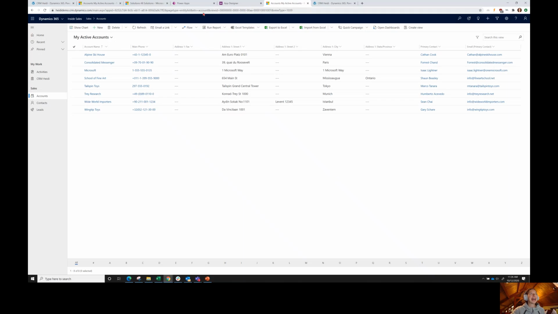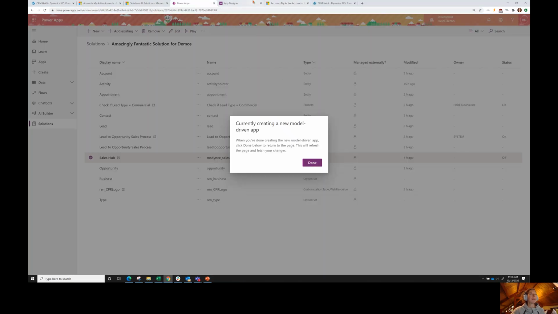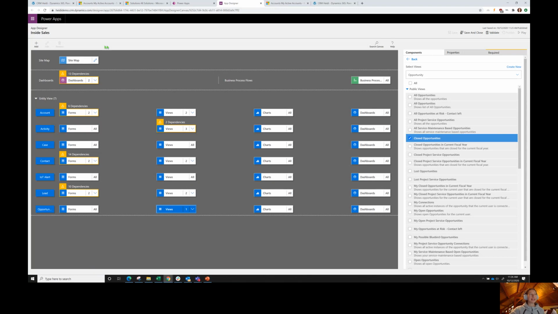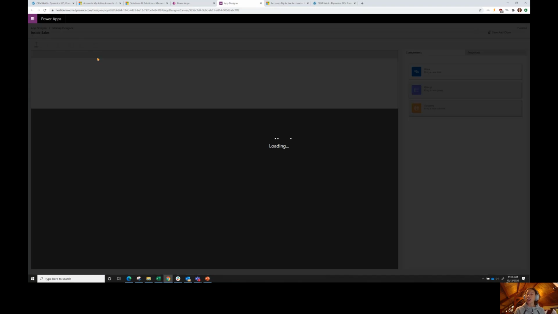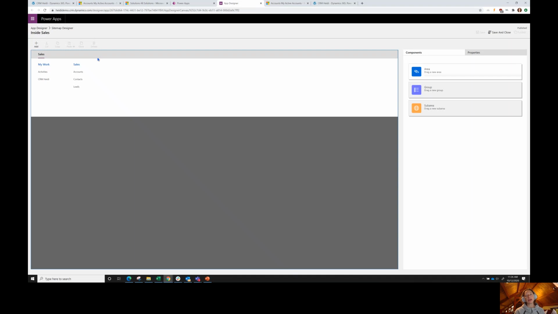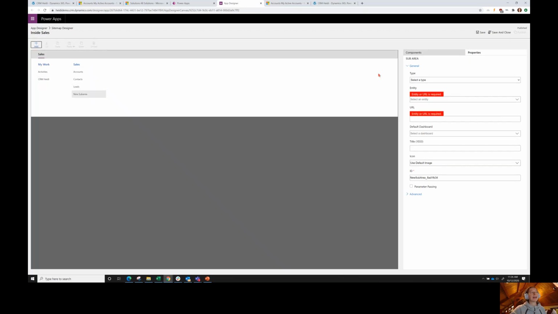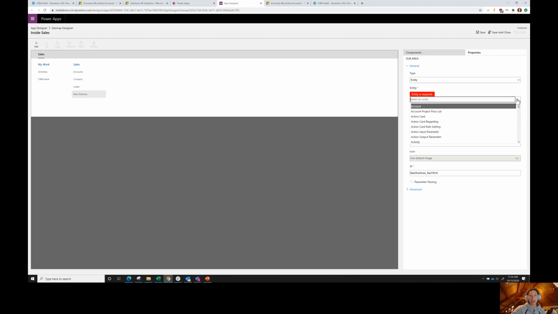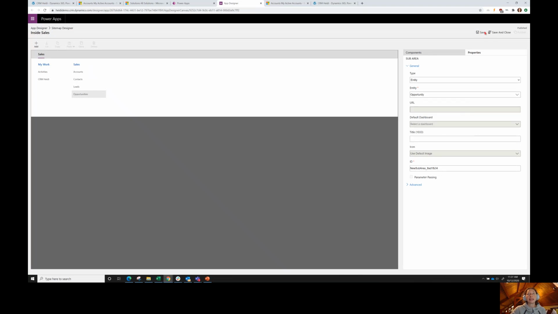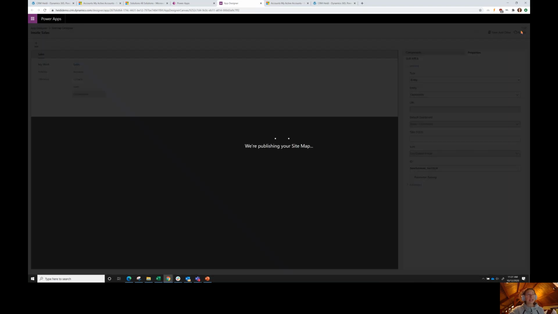I think they're awesome. And again, you can come back to Power Apps at any point, open up your app designer, and when you learn that, oh, my job has changed, and now I'm responsible for the first stage of opportunities before I get off, well, that's easy to edit. So simply either drag your new sub area or come in here, click the add button, add your sub area. And as the job description changes, you can certainly do that here as well. So we're adding opportunity, save, publish